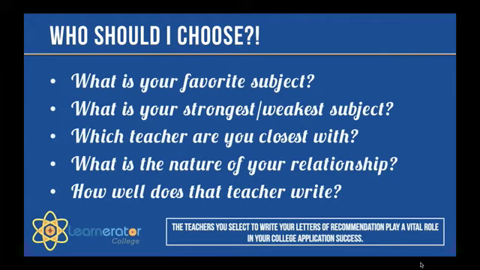whereas some students were begrudgingly getting a teacher that they weren't that close with, just because they heard from a guidance counselor or from a book that they needed to have a humanities-based course along with a hard science slash math teacher. They ended up getting a math teacher to write their recommendation letter, but they weren't that close to that math teacher, and they ended up getting either waitlisted or denied from the school. So my policy here is really to get whoever you're closest with. You'll tend to know which teachers you're closest with, or at least which teachers you like the most. So really keep that in mind,